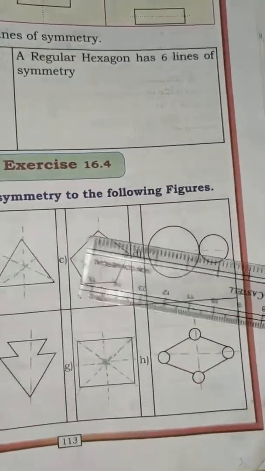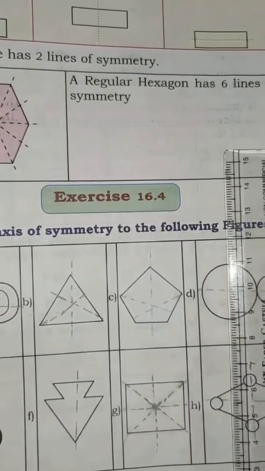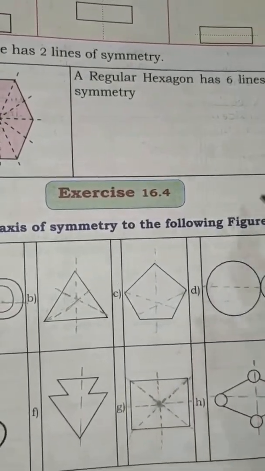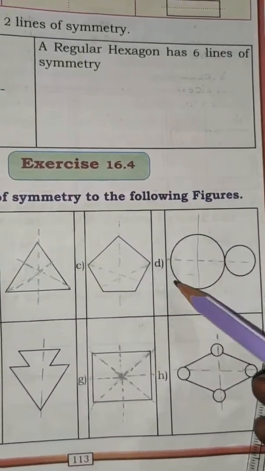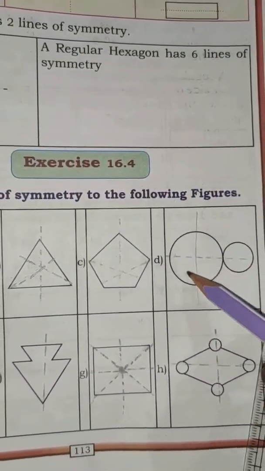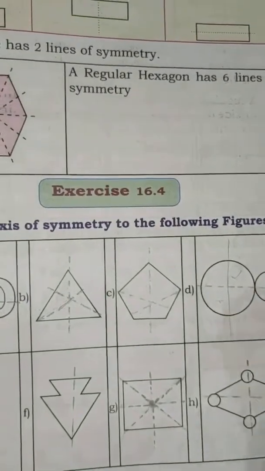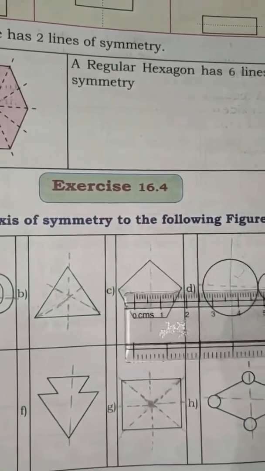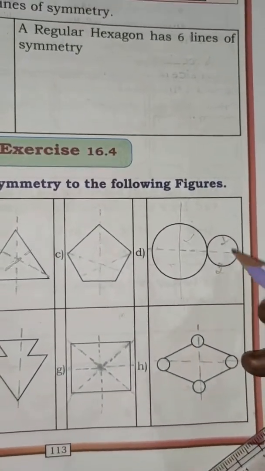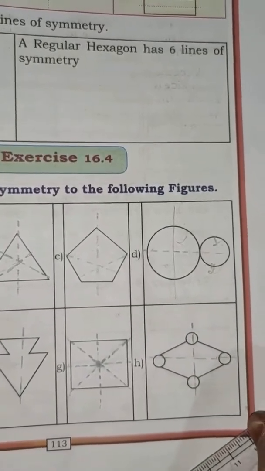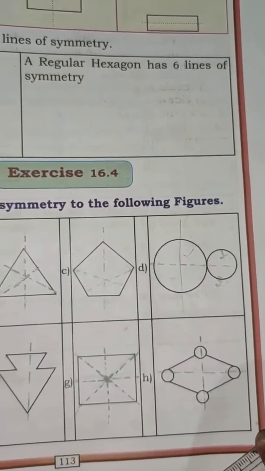In the same way, you just take your scale like this. If you cut this like this, do you get the 2 equal parts here? No. Here, like this, if you cut the figure like this, do you get the 2 equal parts? No. This is bigger and this is smaller, so it is not correct. If you cut the figure like this, which I have done, you will get the equal parts. This is one and this is the second one.